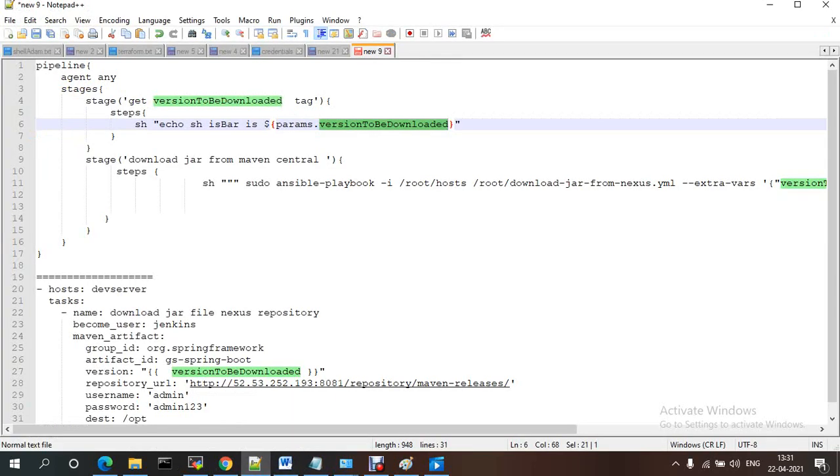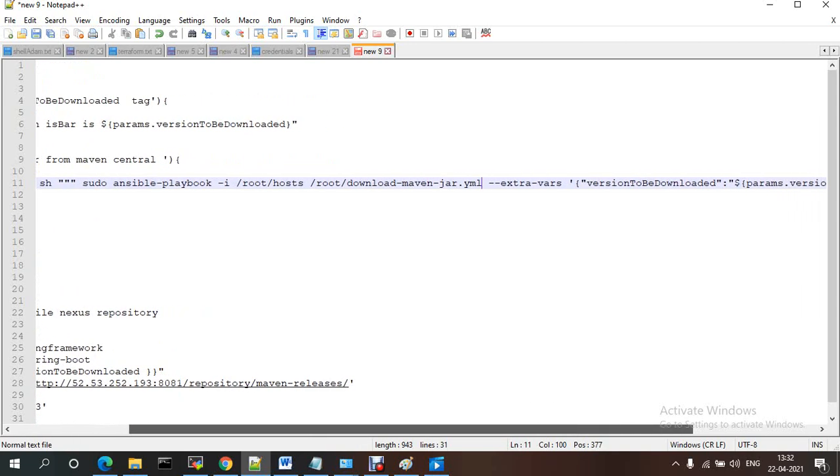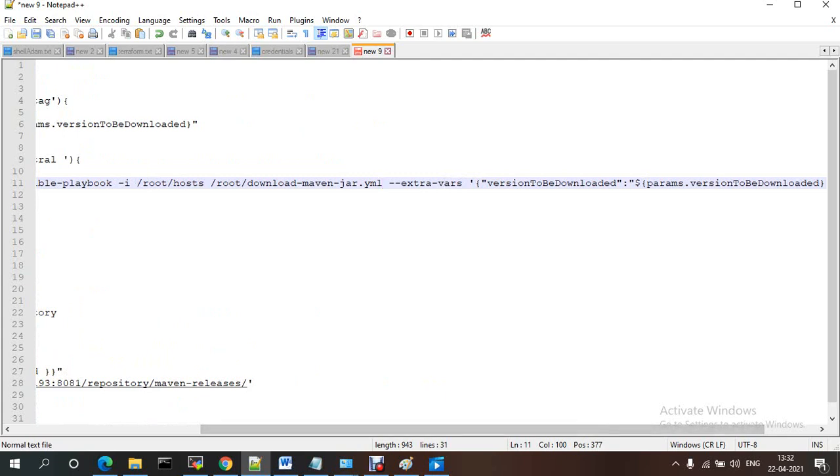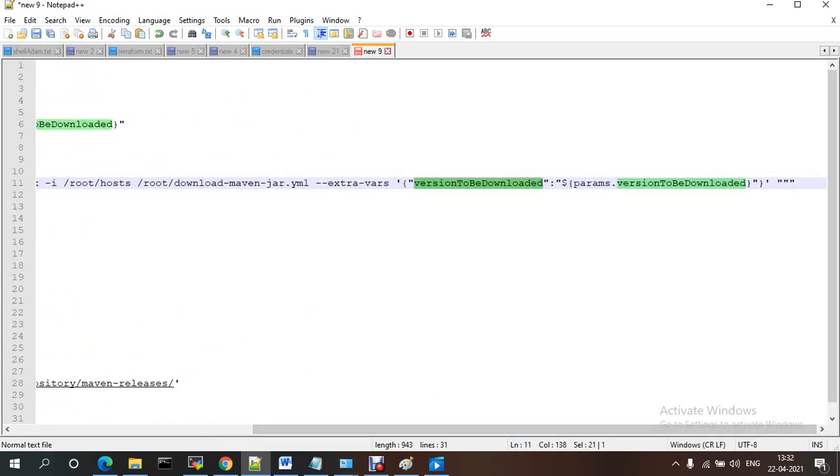My file name should be here. This is the inventory, my host details should be there. And version to be downloaded. See, these are the details, version to be downloaded.